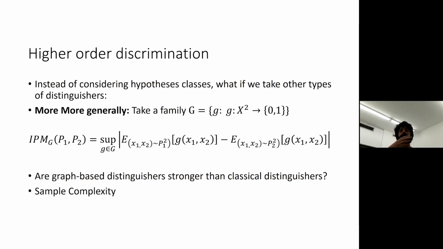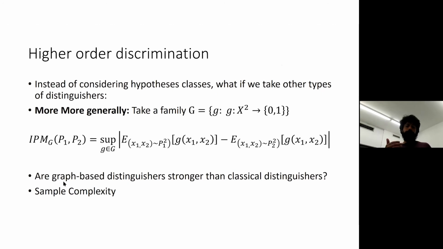Because like I said, here is a graph-based distinguisher, the collision test. Formally it's different, but like I said, it's not that different from the class of singletons, right? I do have some hypothesis class which provides me exactly the same test and succeeds on exactly the same cases. So the first question is, can I even construct some graph-based distinguishers that are successful